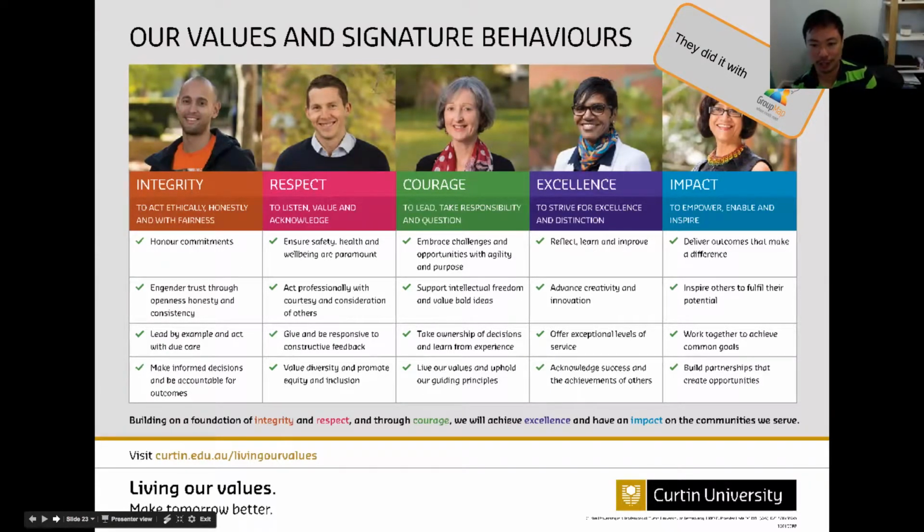GroupMap wasn't the only tool that was used in cultural definition, but they used it as a way of building consensus. I think they collected something like 32 different values from different people, and GroupMap was used to work out which were the top 6. They used information from all the workshops where they had gathered what these values actually mean when it comes to behavior for our staff, so defining and unpacking those values. But in general, we have other universities that use GroupMap, not necessarily for culture, but for education, training, strategic planning, and meetings.